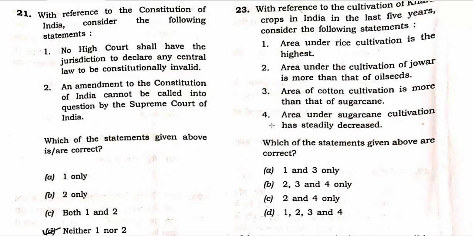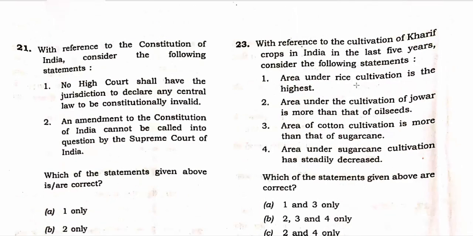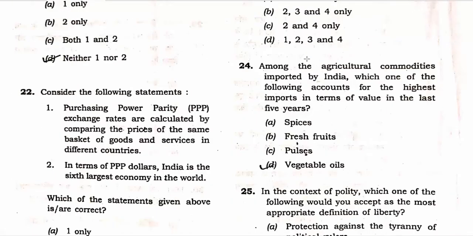The fourth statement, area under the sugarcane cultivation has steadily decreased. So this steady decrease is something we cannot ascertain to be so. So as per the data and the report that I checked, the answer is 1 and 3 for the 23rd question. 24. Among the agriculture commodities imported by India, which of the following accounts for the highest imports in